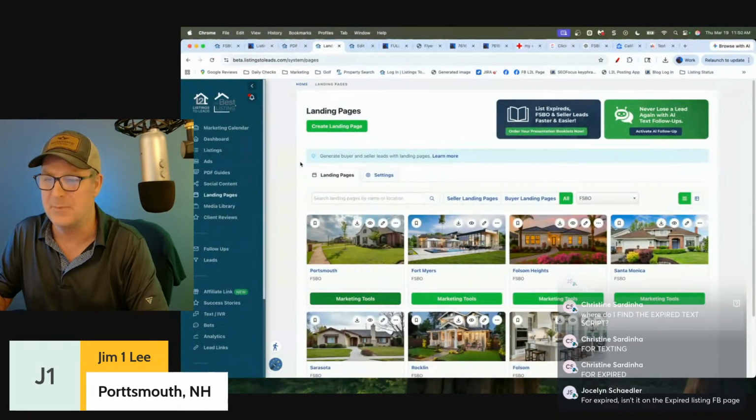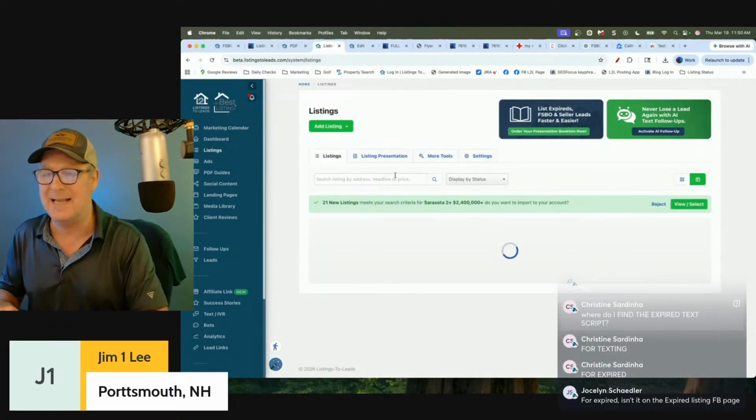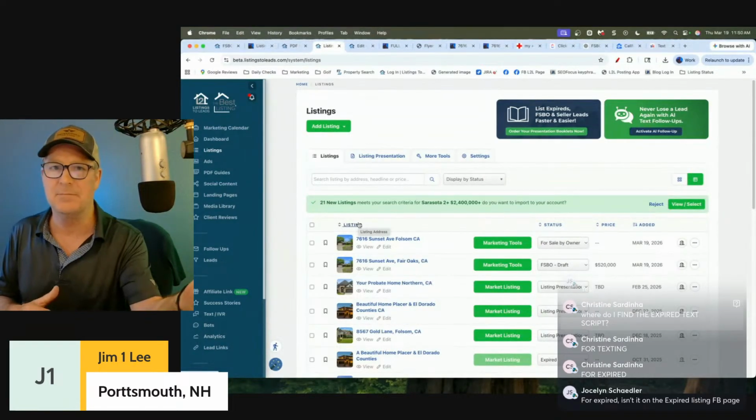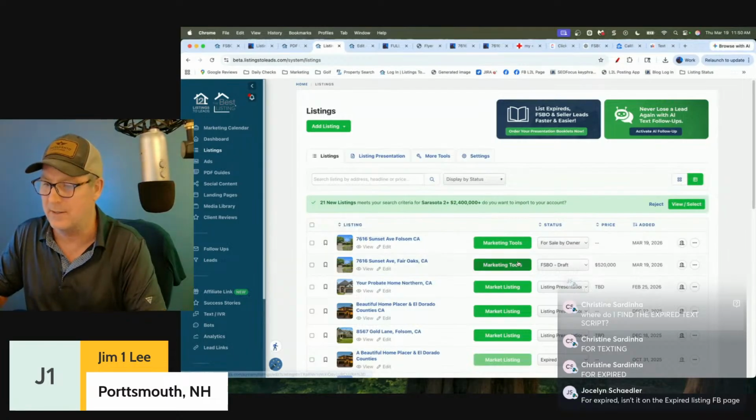It will say FSBO draft. There just won't be any photos or anything with it. So you'll just go in and edit it and add the photos and the property information if you're so inclined. You don't have to do anything, but that's probably what you'd want to do. So it would be like FSBO draft, and let's say there's no photos, anything, just click on edit,